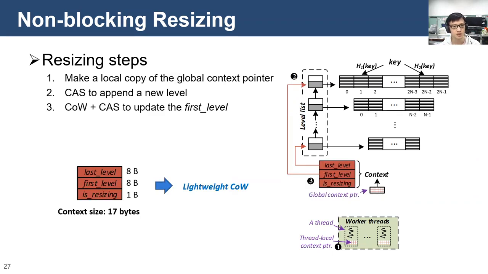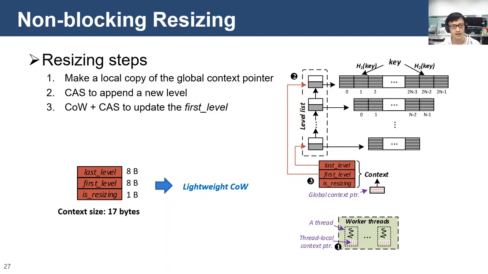Third, use copy on write plus compare and swap to update the global context by advancing the first level to the newly allocated level. When the compare and swap fails, check if the new first level's capacity is no smaller than desired, and is_resizing is true. If so, update the local context pointer and continue, since other threads have updated the global context.